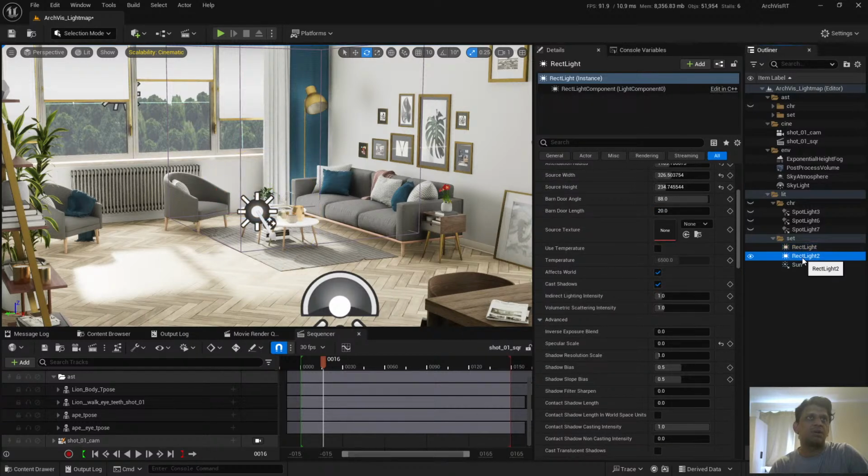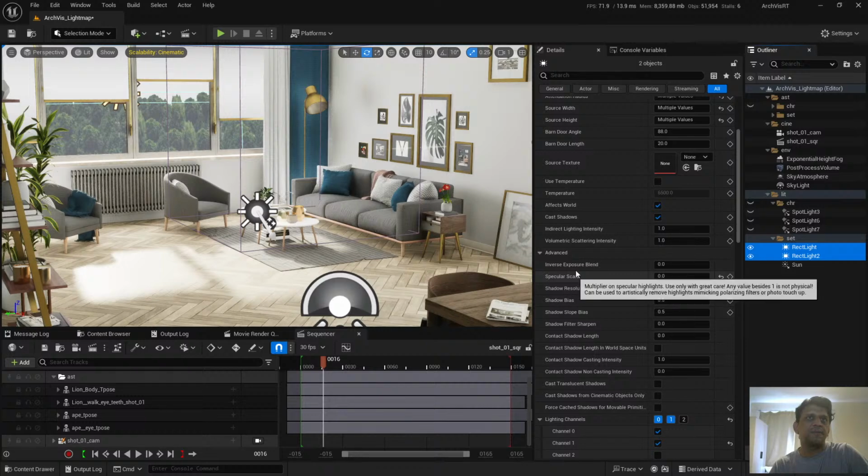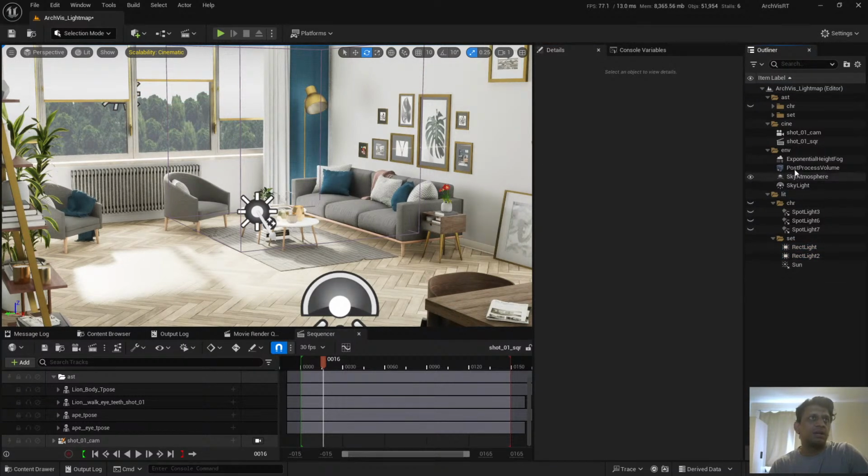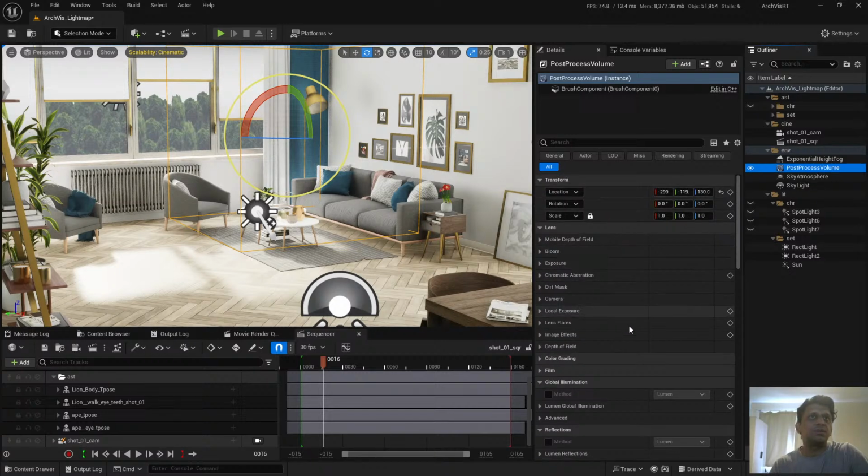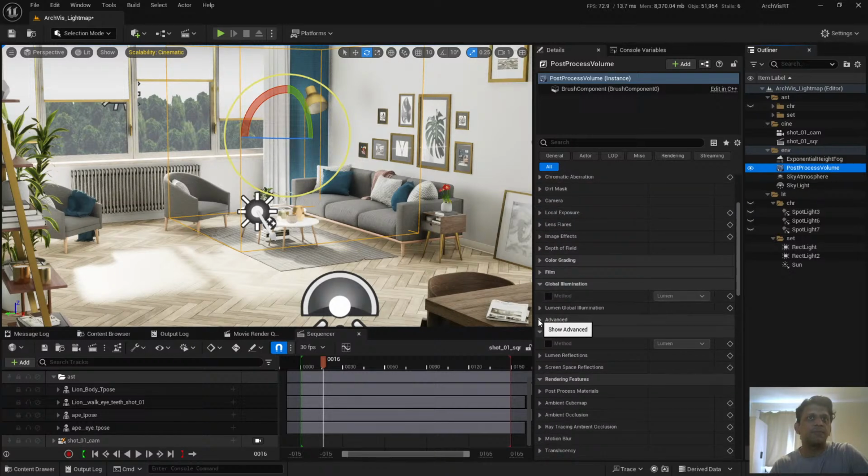Same thing for all other lights, intensity 1.2. And there is one more thing I always do: go to your global emission,